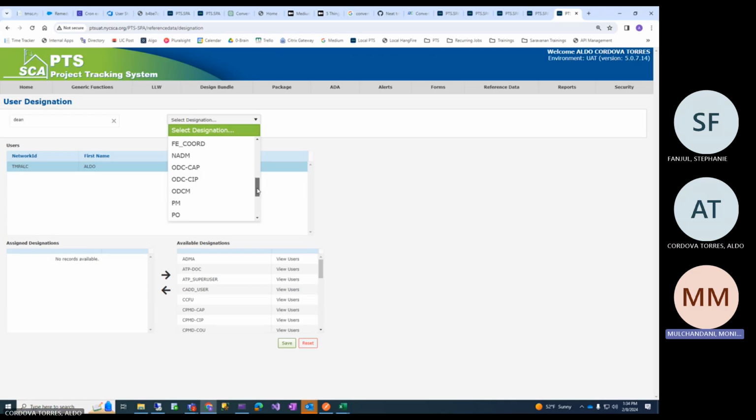And for people over here, when somebody gets promoted and is no longer holding that role, especially PO, SPO, CPO, we come and make those changes here.